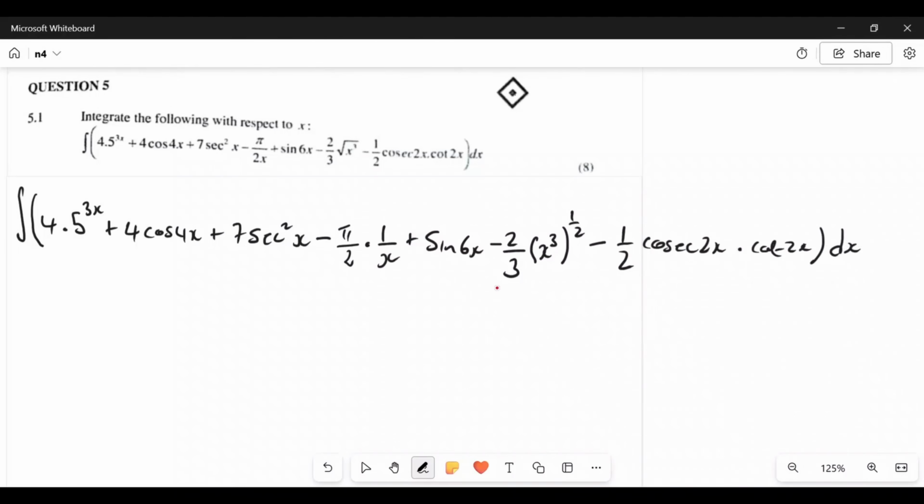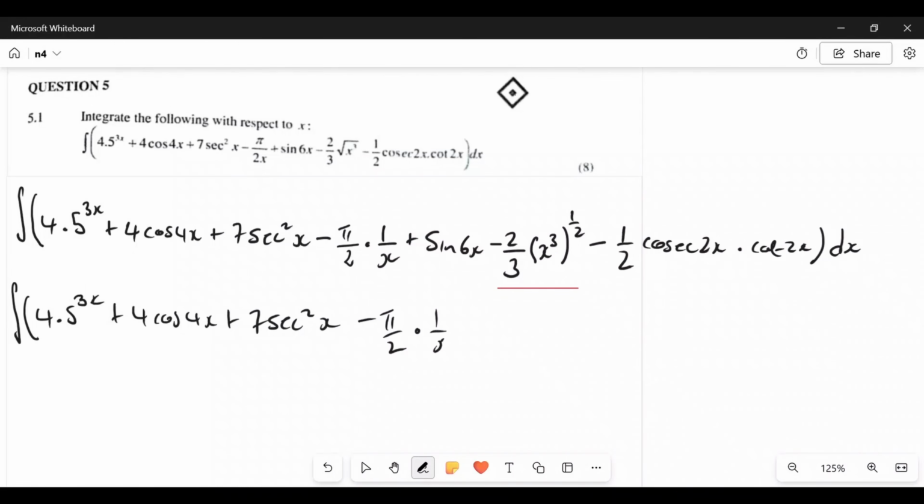Again, we still have to simplify this term because of these exponents. As for the other terms, they are already simplified. Since we are simplifying that term, we need to rewrite all the other terms. So let's continue. We have sigma, open bracket, 4 multiplied by 5 to the power of 3x plus 4 cos 4x plus 7 sec squared x minus pi over 2 multiplied by 1 over x plus sine 6x minus 2